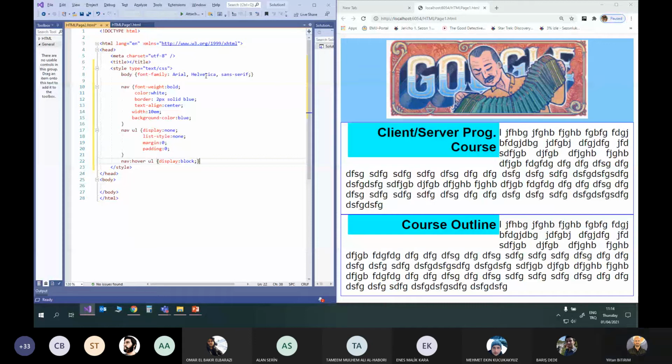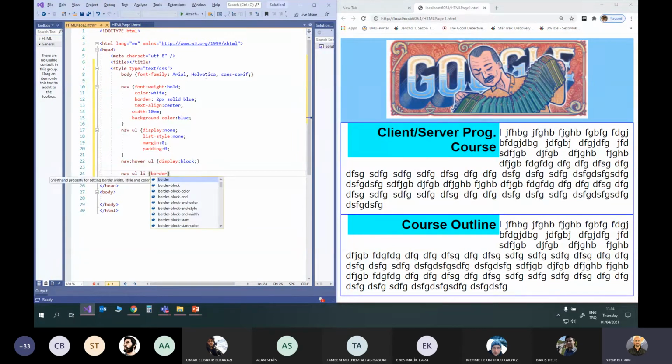And for navigation list item in my unordered list, which is under navigation, I'm saying border top solid and blue,